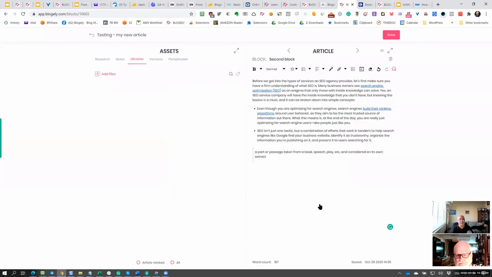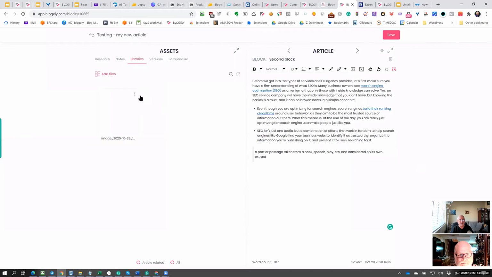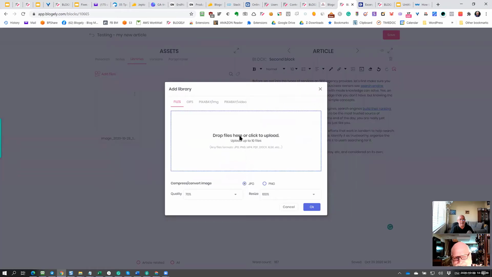So when I click OK, the image will end up here on this side. When I click this here, I can see exactly what the image was. So I can preview it, and also I can use this little action icon. I can copy image to Craft. Let's say now if I get out of here and go back here, this image stays with the article, and I can load as many images as I want. I can load some other types of files as well. So now that looks like the picture of a snowstorm. Yeah, all of them are linked to the article itself.